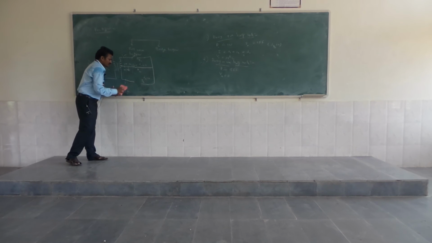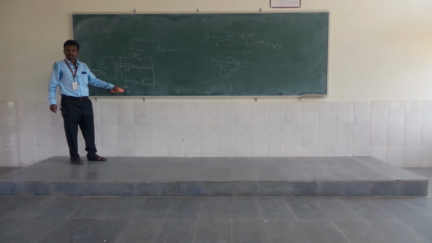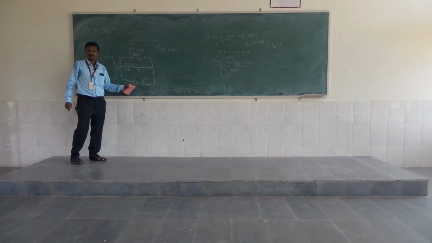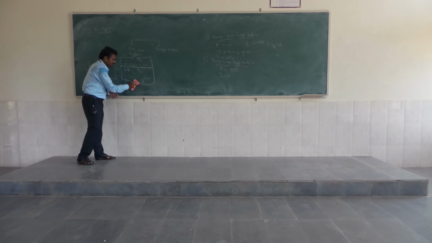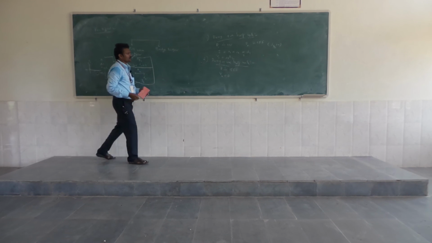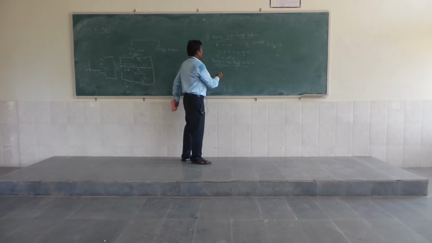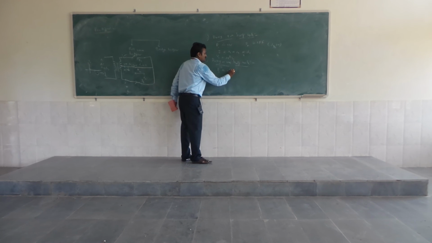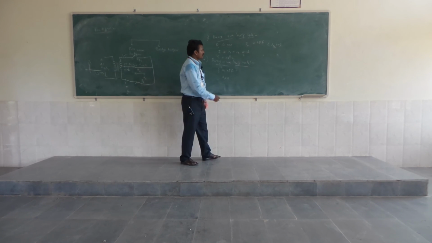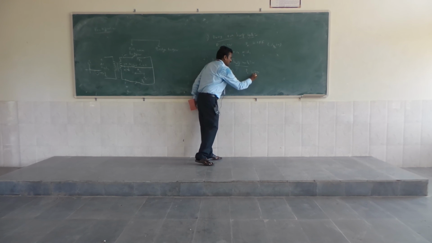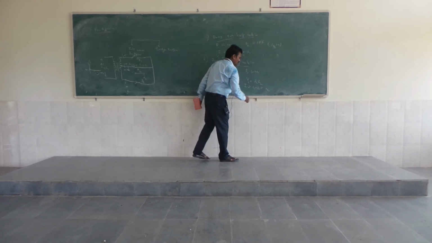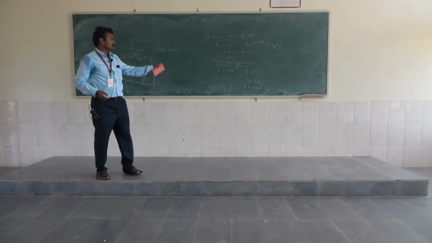Next, diode D2. Here, for diode D2, P type is connected to positive and N type is connected to negative, which is forward bias condition. Forward bias means it acts as a closed switch. So current I2 passes through the load, and V0 is equal to I2 into RL. In this case, D1 is off, so I1 is equal to 0. D2 is on, and V0 is equal to I2 into RL, because the total current I is equal to I1 plus I2, but since I1 is equal to 0, it is equal to I2.